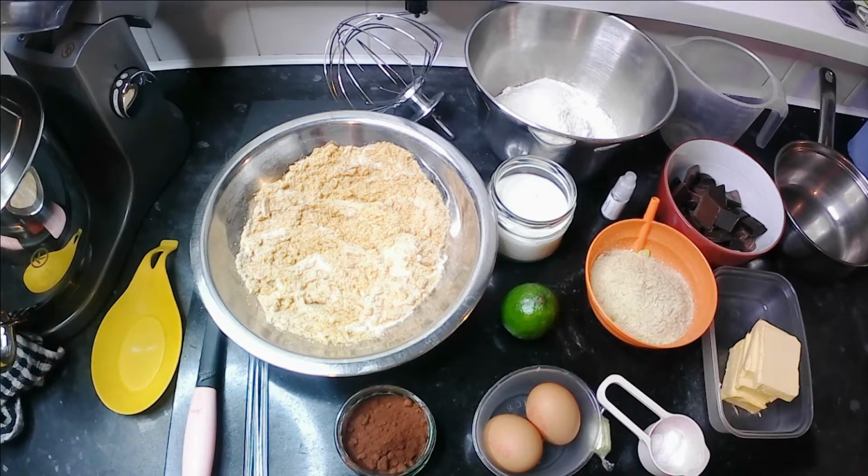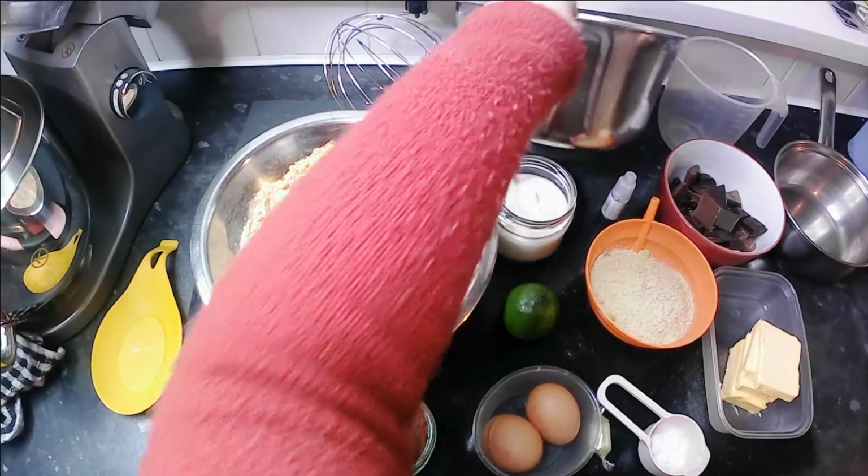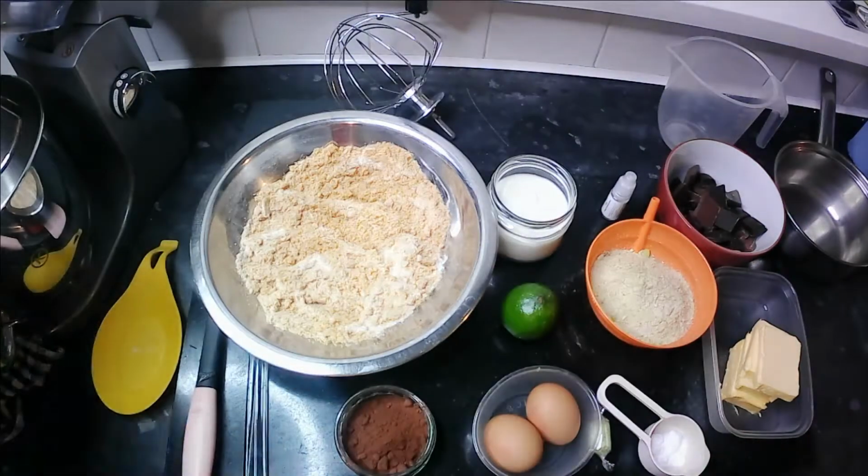So, my oven is preheated to 180 degrees, and I have lined my cake tins with some greaseproof paper. The first thing we're going to do is to mix our dry ingredients. So our flour goes into our mixer